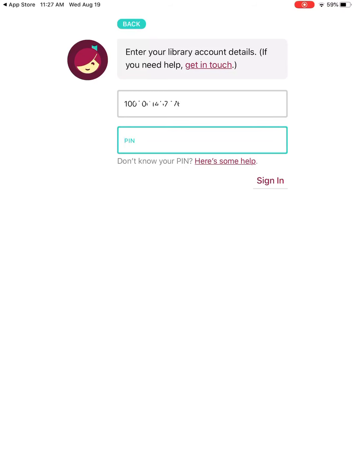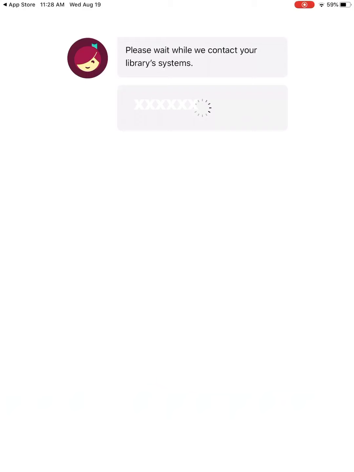All right, back to PIN numbers again. The PIN number is going to be, as I say, the last 4 digits of your phone number. If you're watching this from another library than Perry Public Library or the CleveNet system, you may have a different PIN number, and if so, you would know what that is. All right, and then we're just going to hit sign in, click, and we'll wait while it contacts my library